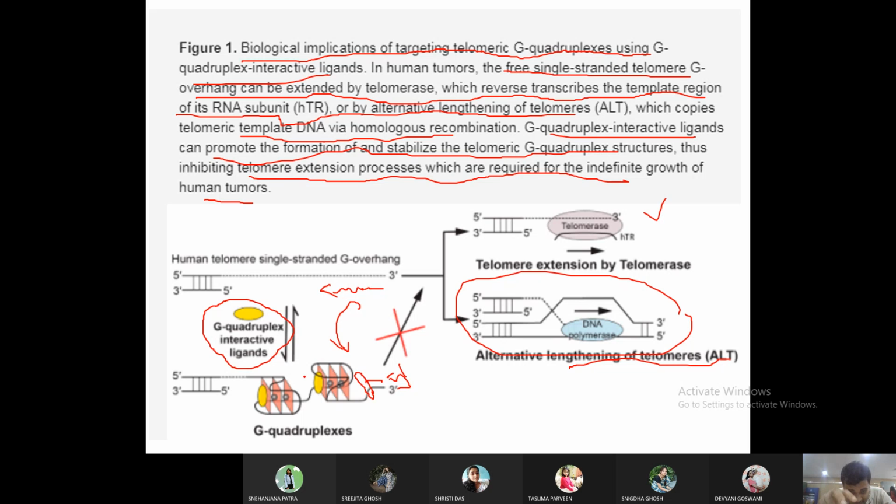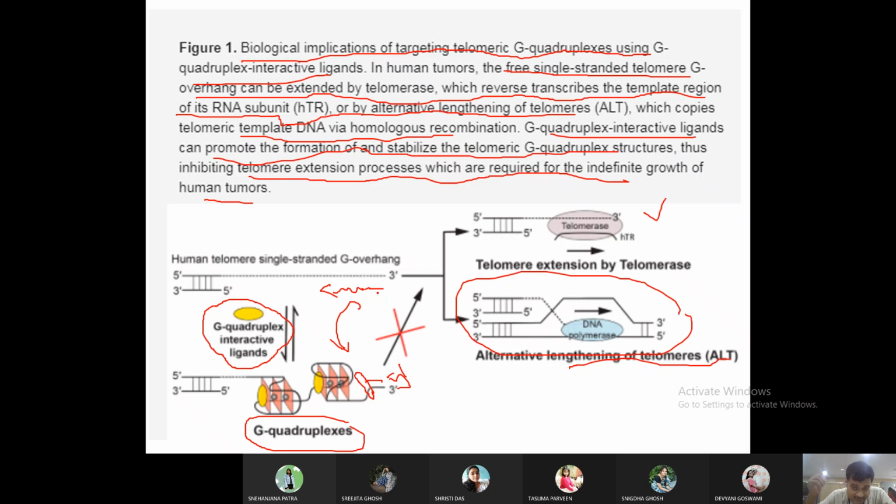I have taken this from that applied story. The initial part about the G quadruplex binding protein is absent over here; it is starting from the ligand. So there was a protein which can do it reversibly, as given over there. From there we have taken the clue that we can mimic the protein by making a drug, and we will provide the drug at a very high concentration, so that it will always seal off the end by forming these G quadruplexes. It will neither allow extension of the telomeric region by telomerase, nor allow DNA polymerization from the end of the DNA.